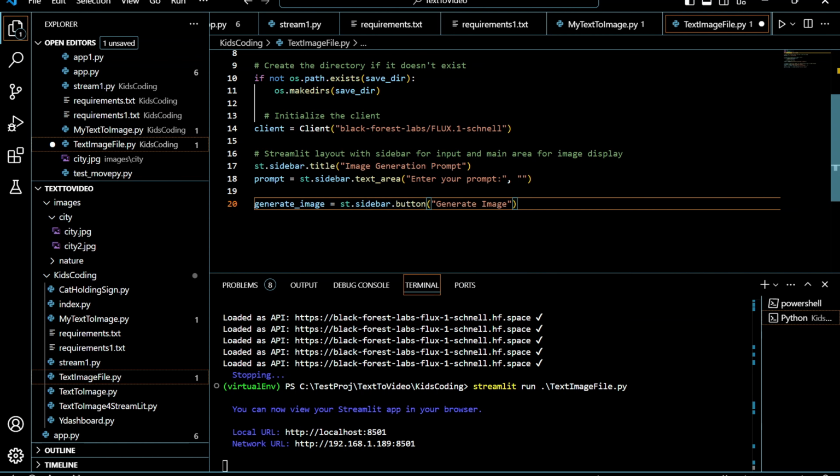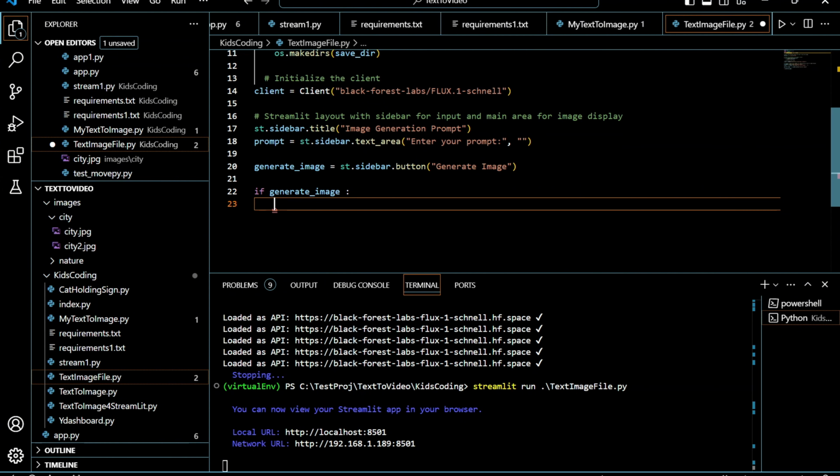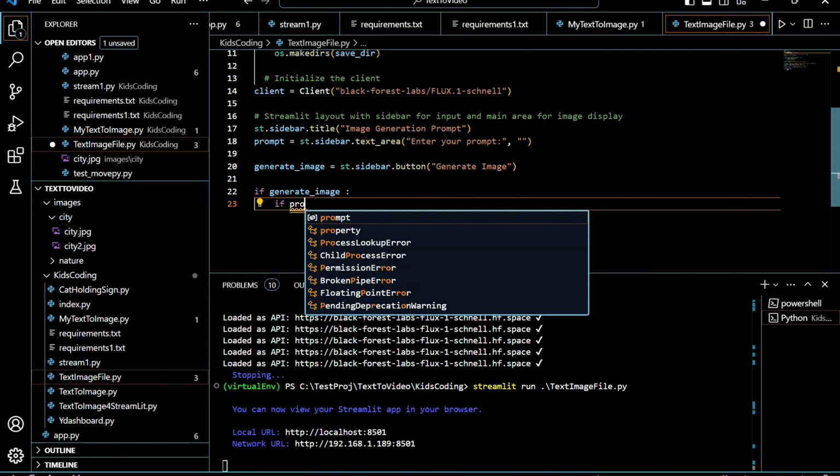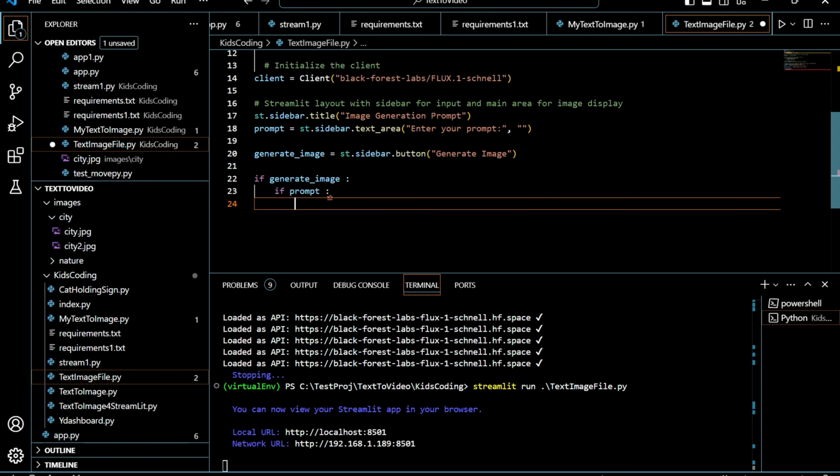Then there is another variable, generate image. That is a button, and we are giving the label generate image, and we check if the button generate image is clicked. If it is, then we start writing our program. So this is the prompt. If somebody enters the prompt, then only we start generating the image. So if prompt, then